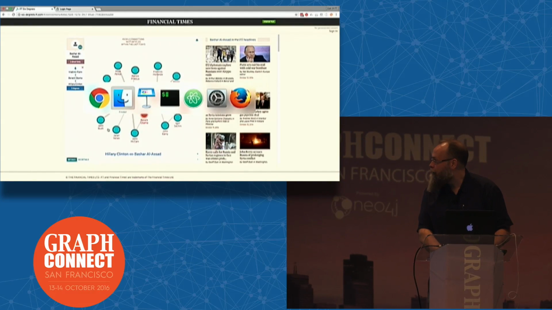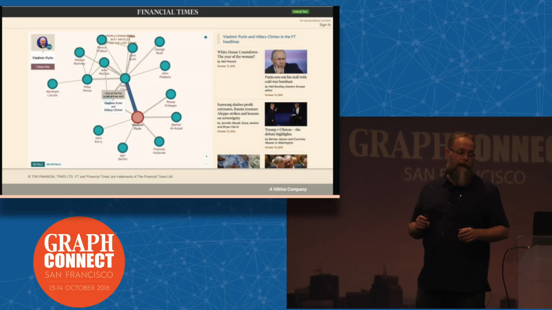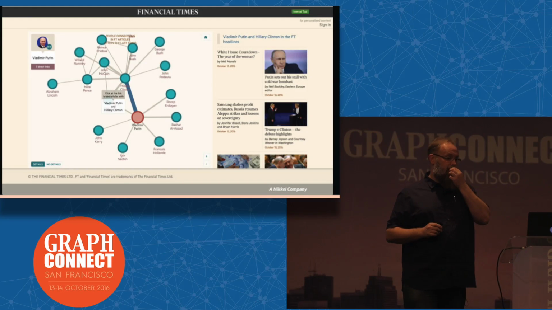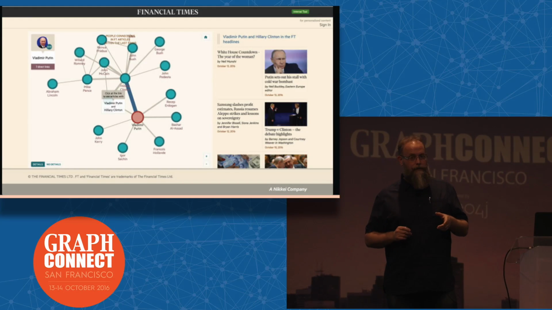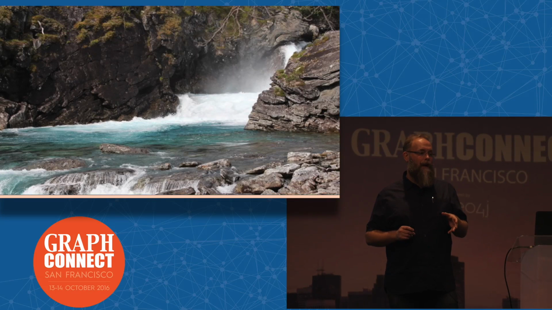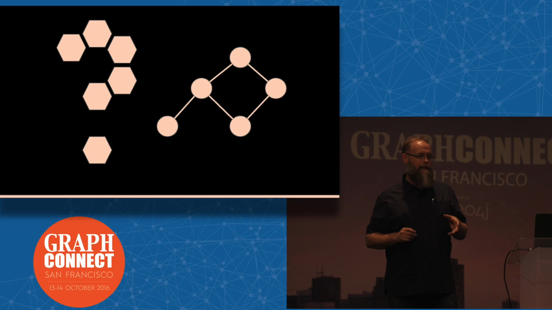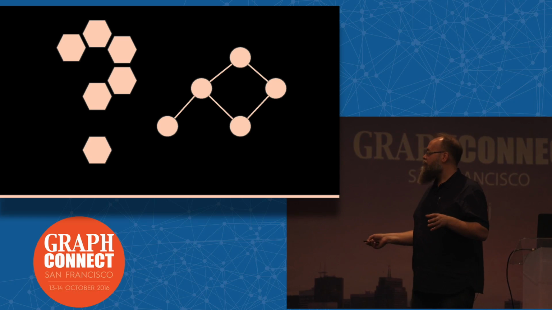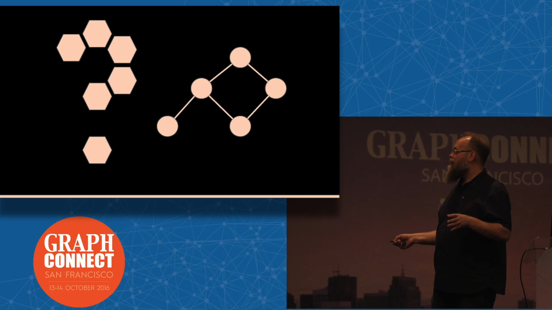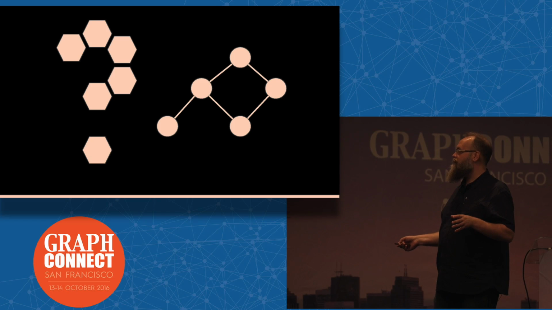Let's see, this will come back up. But that's not to say that we've fixed all the problems that we thought we were going to fix. We've still got some things we're trying to navigate our way through. One of the things that puzzles me at the moment a little bit, and I don't know who else might be joining me in this slight puzzlement, and that's the world of microservices and graphs. Because what often when you read about microservices is that each one of these microservices is responsible for the persistence of its own data,